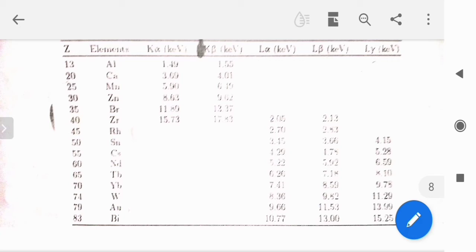Okay, so this chart gives you the standard idea about which element shows the K alpha or K beta or L lines. Okay, K lines or L lines specifically. So we can simply compare this with the standard of our sample, and then we can qualitatively analyze the given sample. In case of quantitative analysis, we can simply measure the intensity of a given peak, and so we can find out the actual concentration of that particular ion in the given sample.